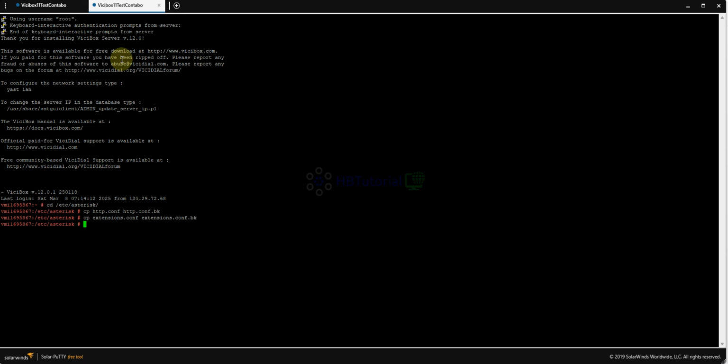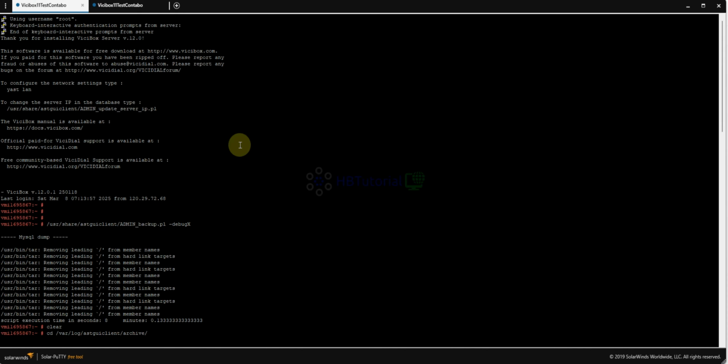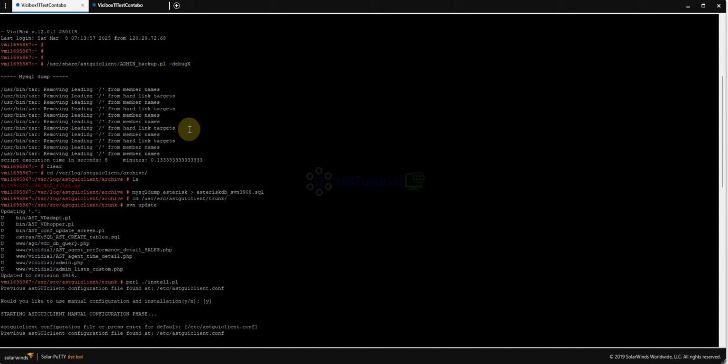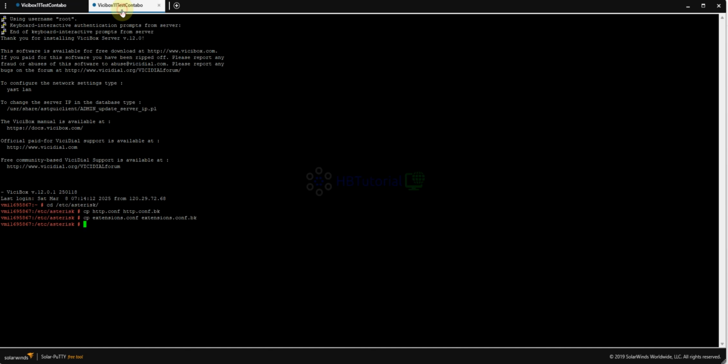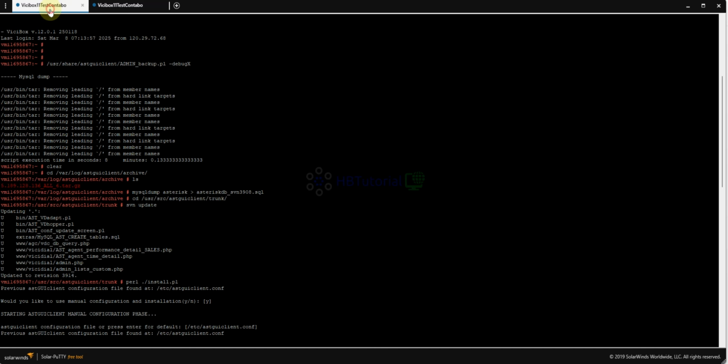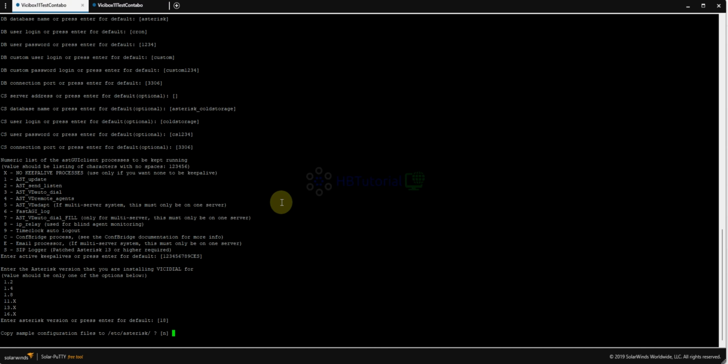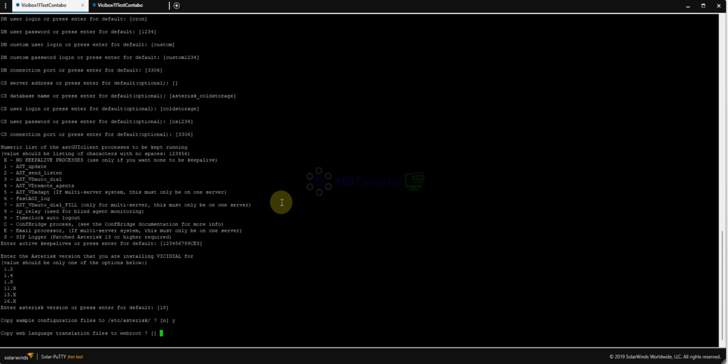But you already have a backup, because we already did a backup of the whole asterisk database and the asterisk configuration. This is an additional precaution so that the system will not get messed up. After that, I will update the asterisk.